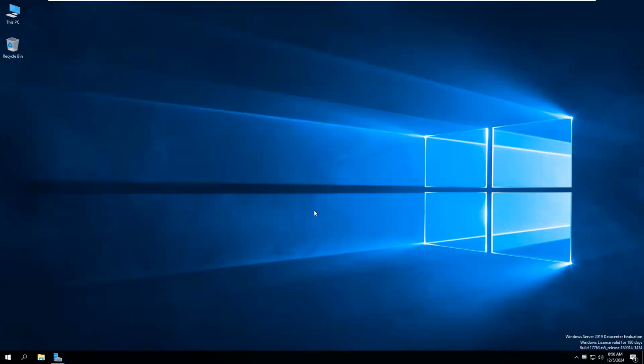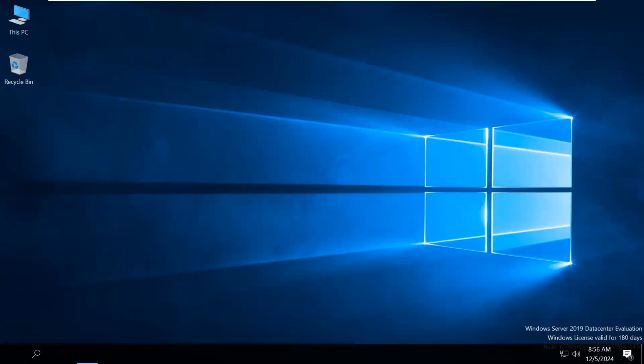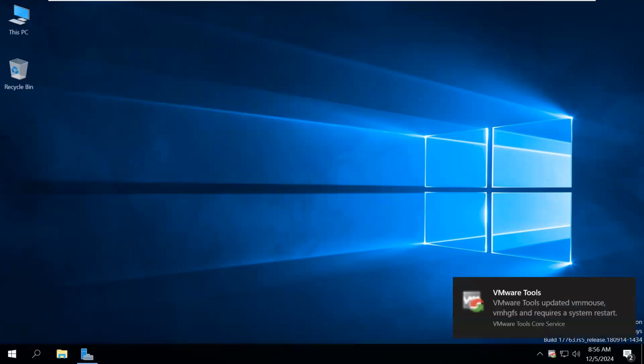Okay, click finish. I will restart later, that's why click no here. So this is the full screen. After installing VMware Tools successfully, we got the full screen. Now here,